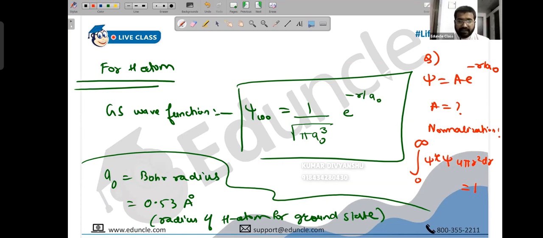But then the question also lies that it should be a naught, because if we don't write a naught, then how will we get a naught? No, but a naught is already there in the wave function, e raised to minus r upon a naught. So after integration it should come inside. Where, after integration, up here? No, I mean I'm just confused with the upper limit. Wait, I'm not sure what you're asking.